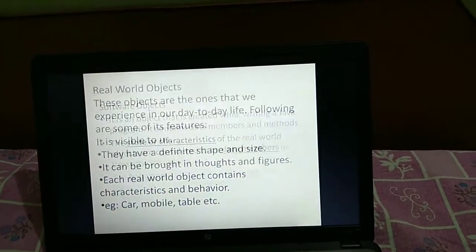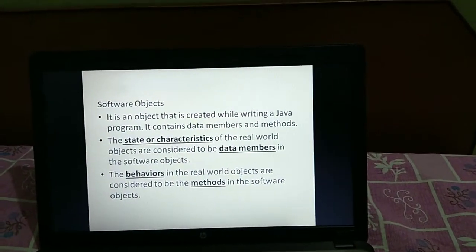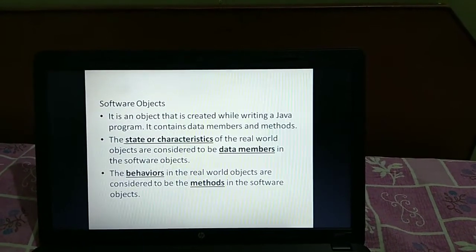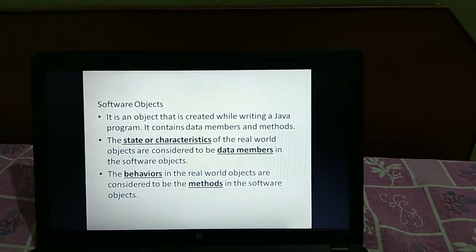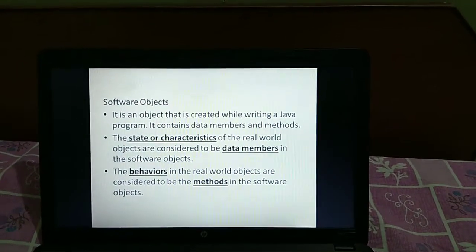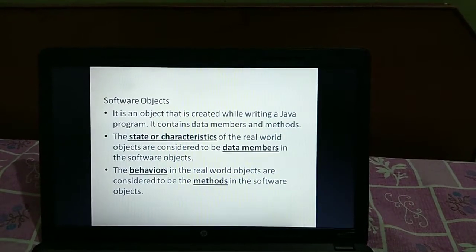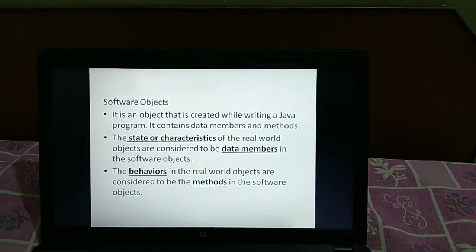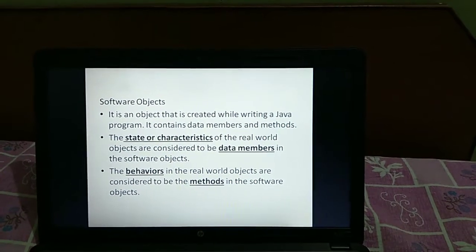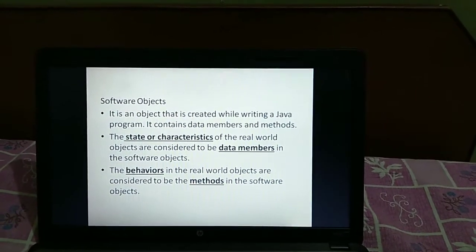Whereas software objects are the objects created while writing a Java program. They consist of data members as well as methods. The data members are called characteristics under the real world, and the methods are called behaviors under the real world.